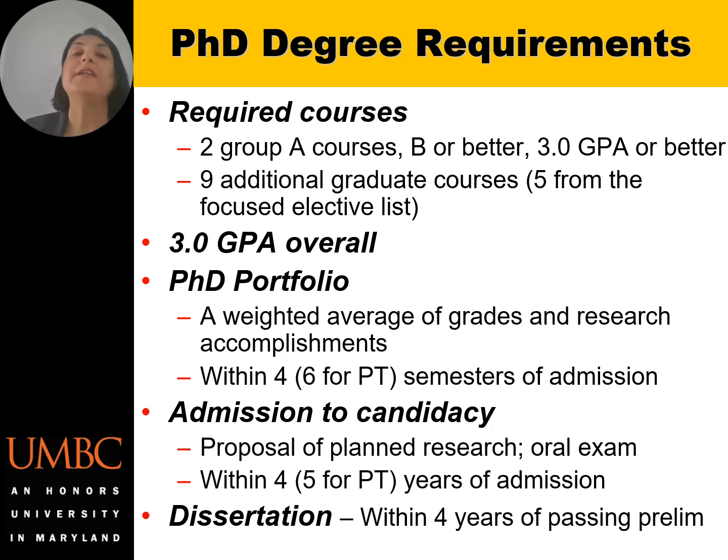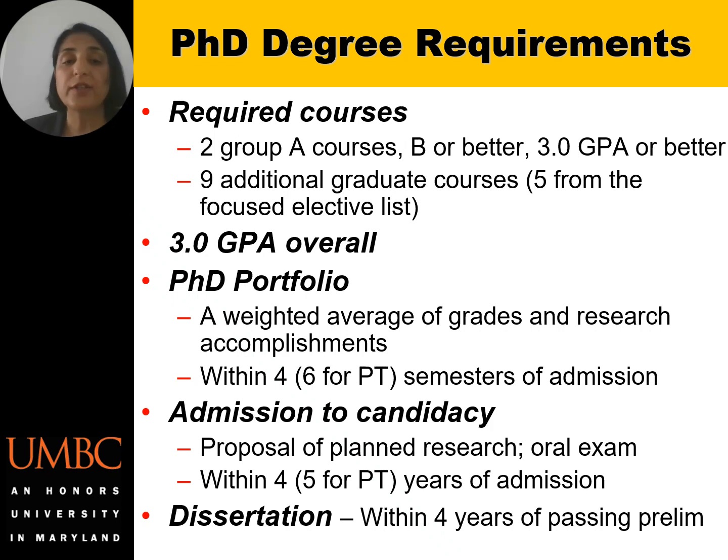As for the PhD degrees, two courses should be taken from list A, again with a score of B or better. The GPA again should be maintained at 3.0 or more, and of the other nine courses that you need to take, at least 3 of them should be from the courses listed in list B, and for the other ones you can select from list A, list B, or courses that are not in any of them.